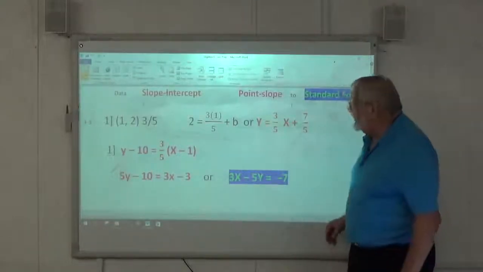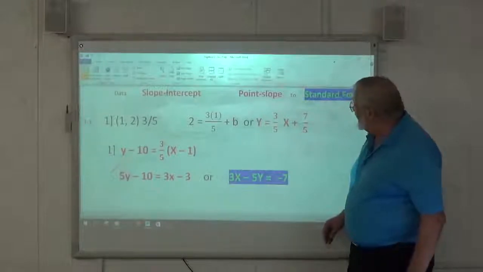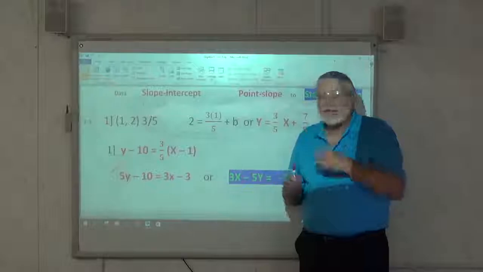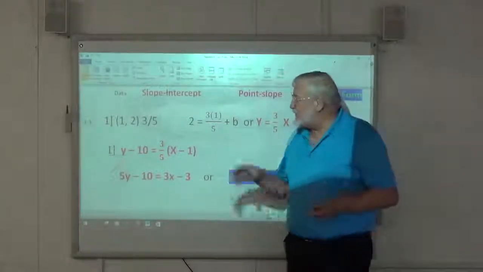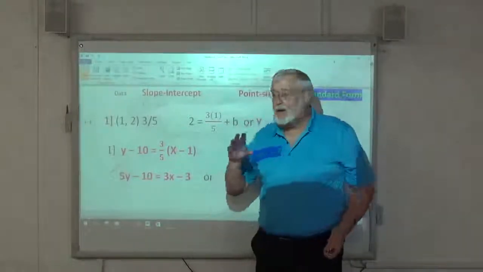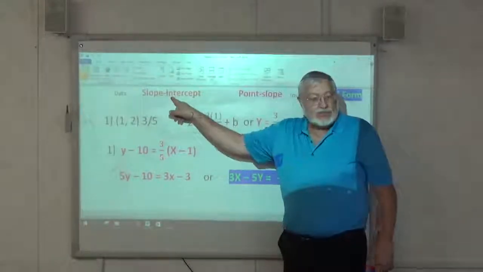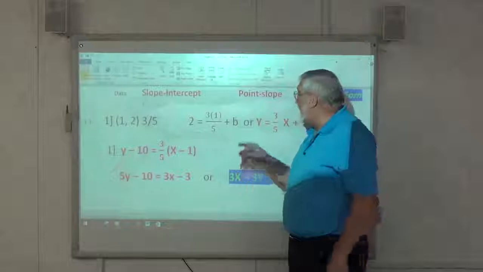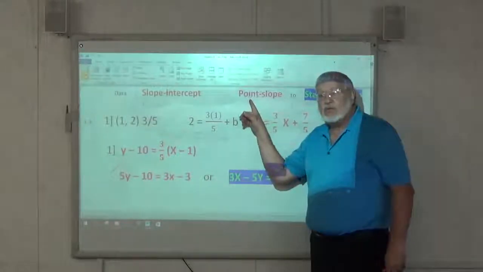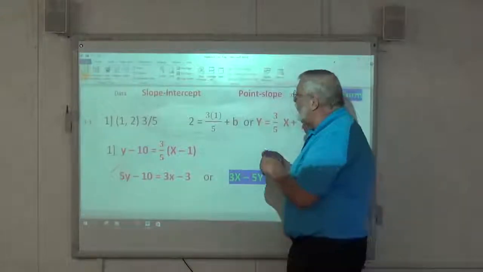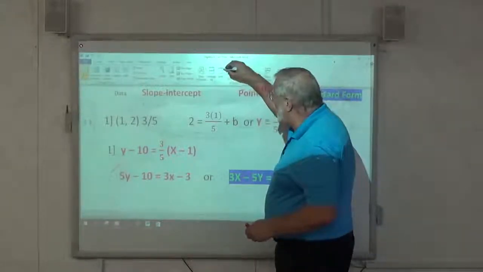Okay, now, this didn't come out as clear as I thought it would. Okay, so here's what we're going to talk about. All right, we have slope-intercept form. Slope-intercept form is y equals mx plus b. All right, there's a thing that's called slope-point form. And on slope-point form, you have y